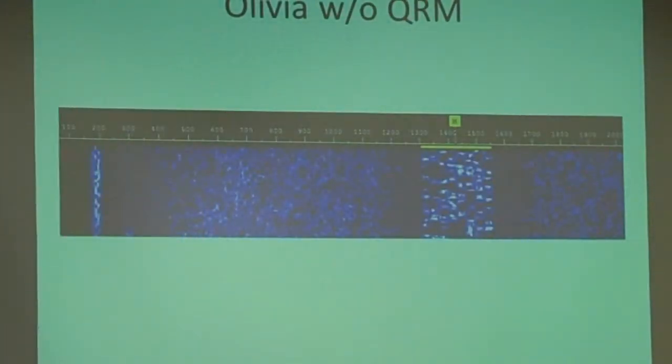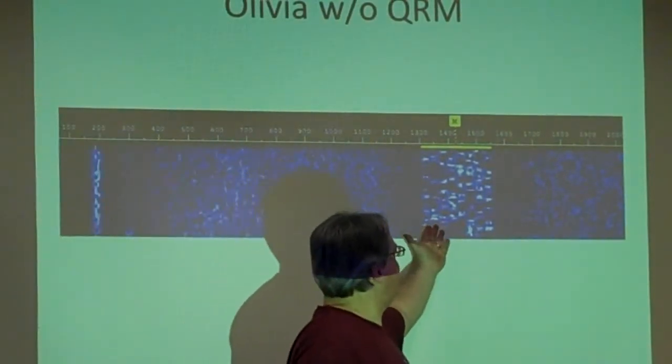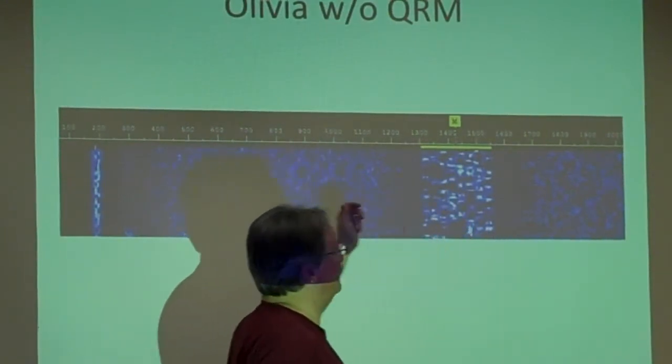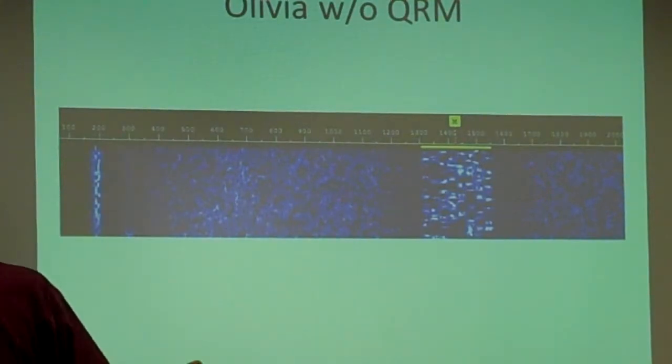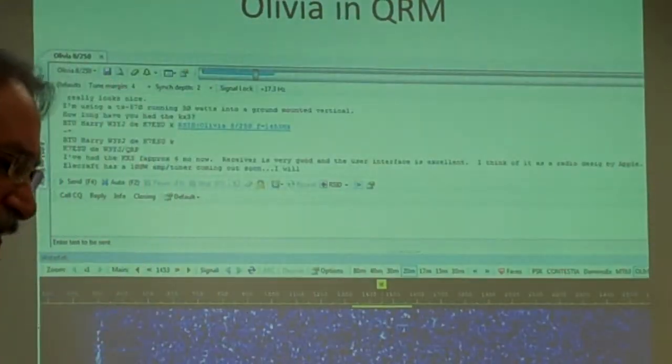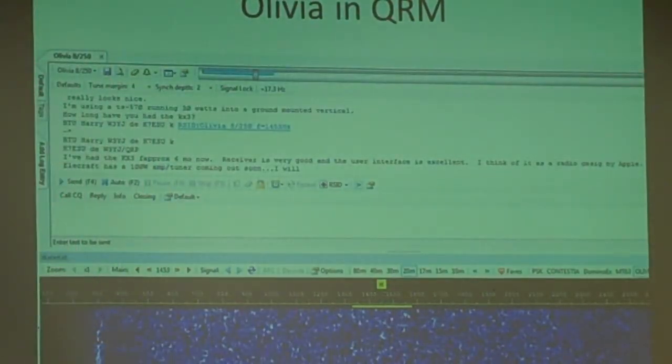Now, why in the world would you ever care about this? Well, if there's no QRM, here's where your 8 tones are shifting back and forth across the 250 hertz of spectrum there. You really wouldn't care. And in fact, even though Olivia moves along because of its compactness and its efficiency, you probably wouldn't care that much. But as it turns out, last night, with some of the shot noise we were getting and just general poor, selective fading conditions,